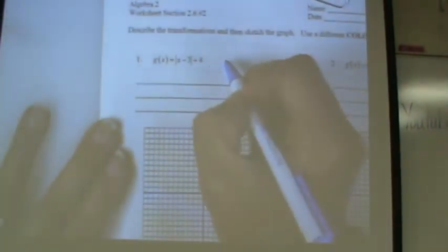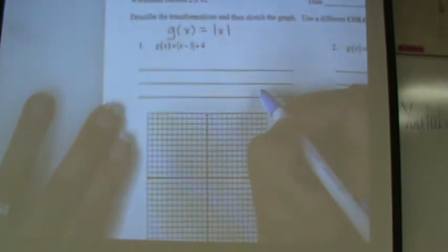Question number 1. We're going to describe the transformations and sketch the graph. First of all, the parent function is g of x is equal to the absolute value of x. What does this look like? If we sketch the graph of this,